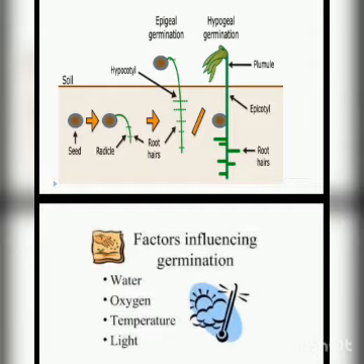Now the next topic is seed germination, meaning how the seed grows. It is the early growth stage of the seed or plant baby. When a seed germinates, it absorbs water, which causes the food-storing tissues to swell and crack open the seed coat. The young roots grow through the cracked seed coat. The seed absorbs water and grows into a new plant.